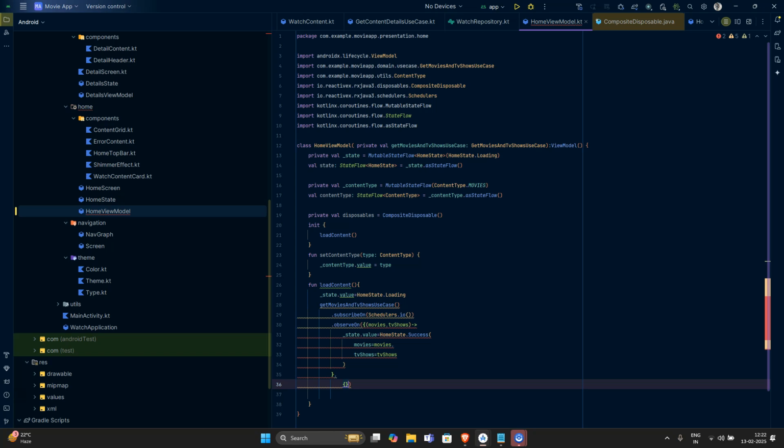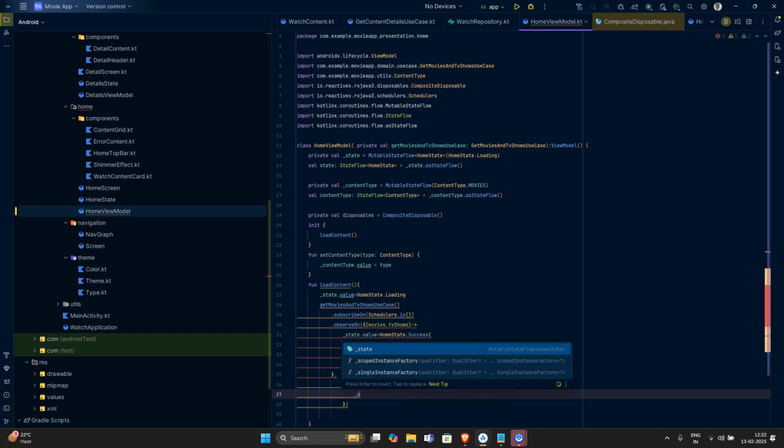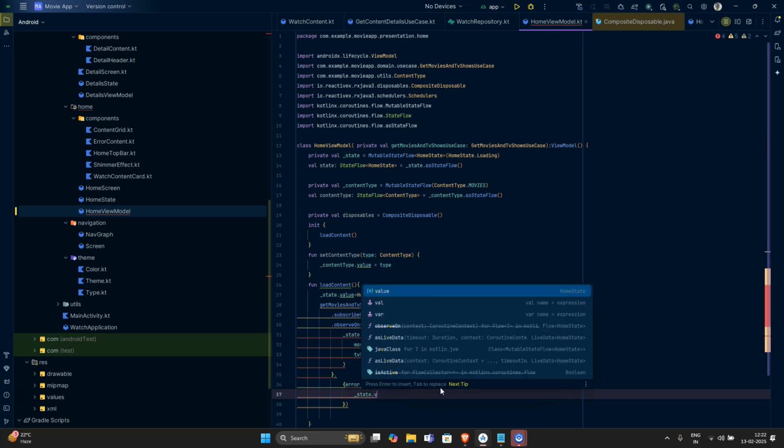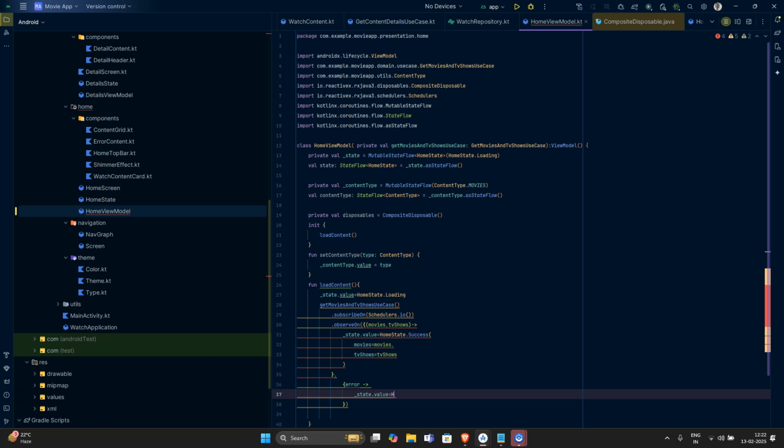So when we are having some error, we want to store it inside the lambda. When we got an error, we want to store it like state dot value, this value should be assigned to home state dot error, and then the error shall be whatever the error message we have received, error dot